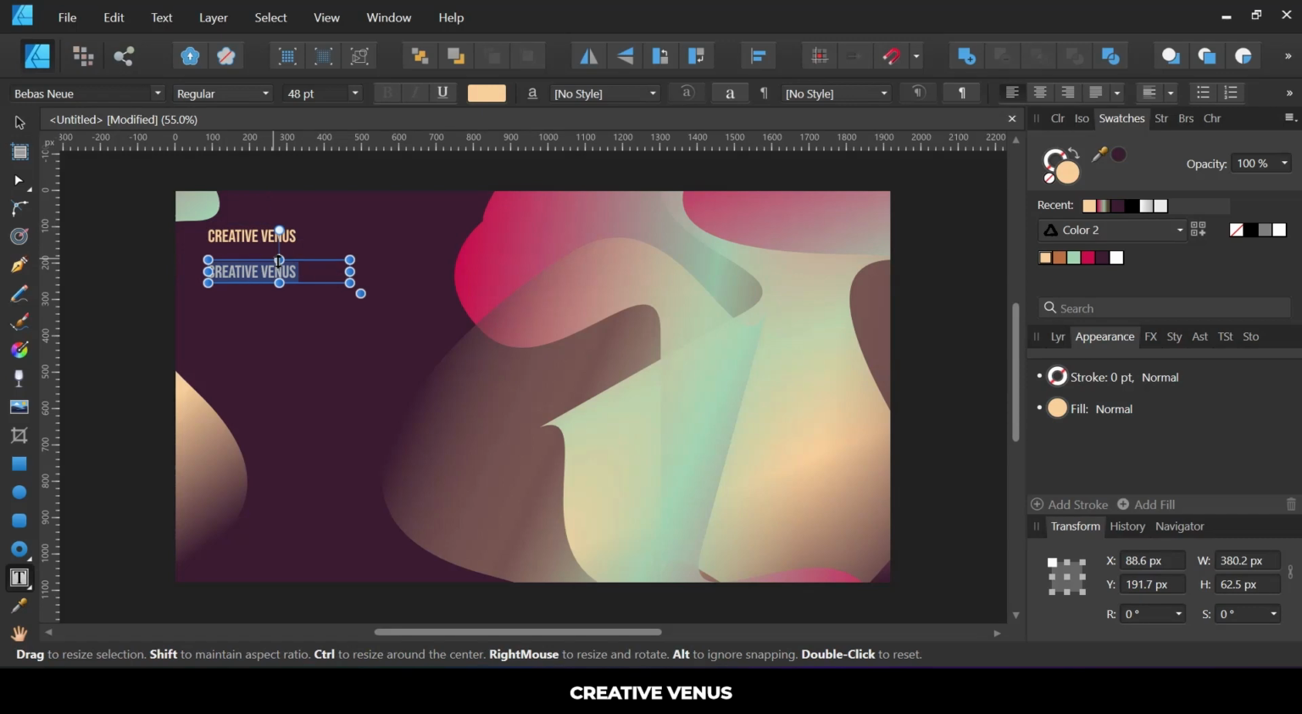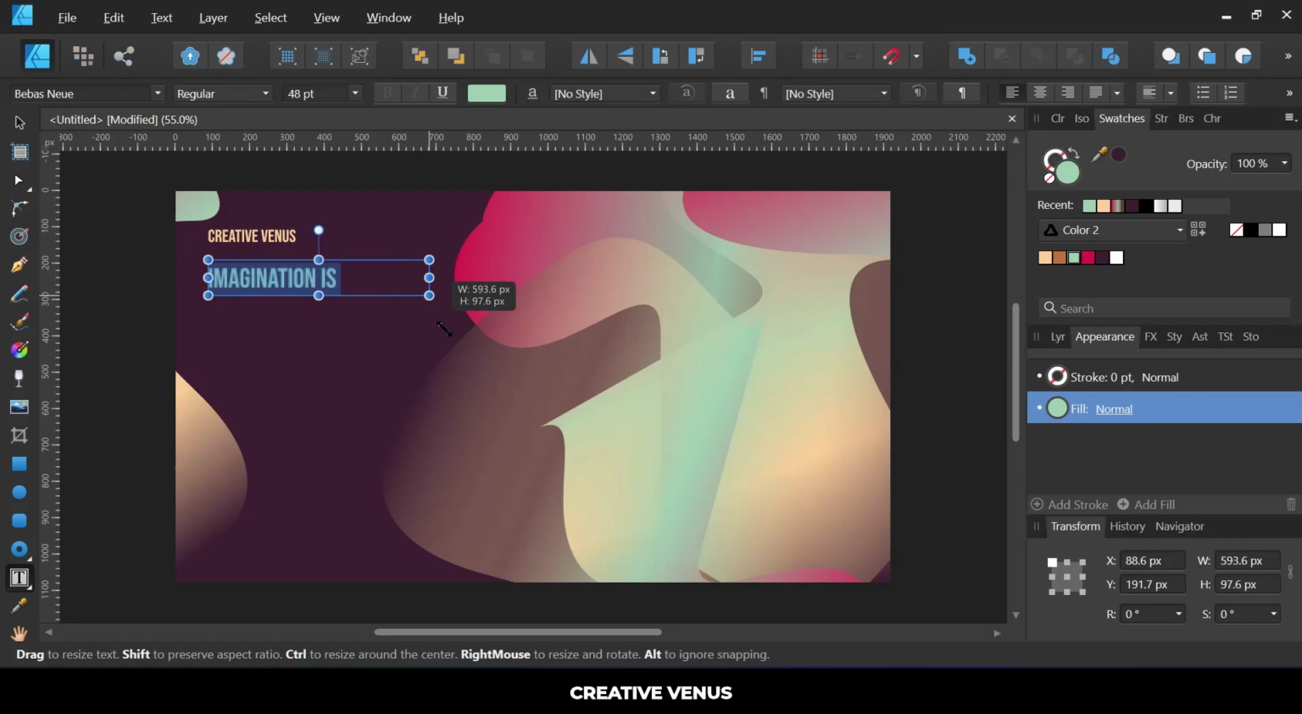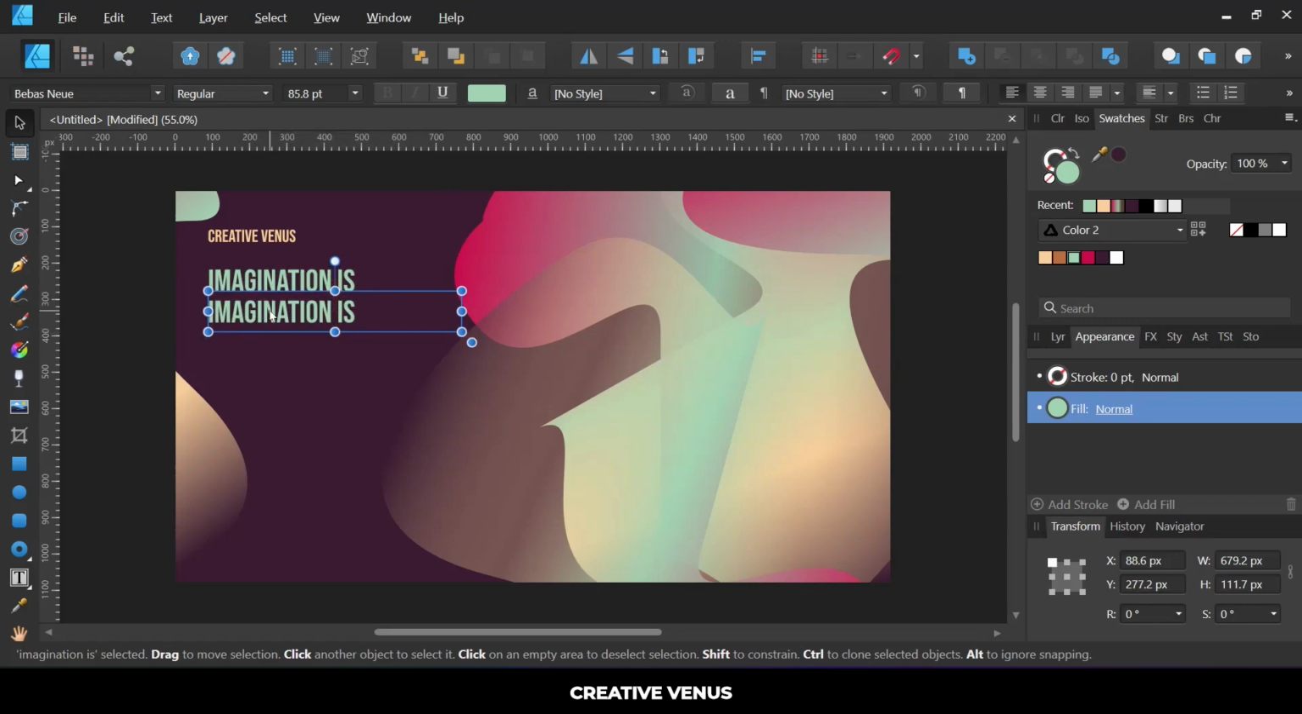and let's write something random, like imagination is, let's write imagination is and change the color to this green one. Press Alt and then drag it from this point, this additional node you see here, and then Control J again and add the second line here while pressing Shift and then write powerful